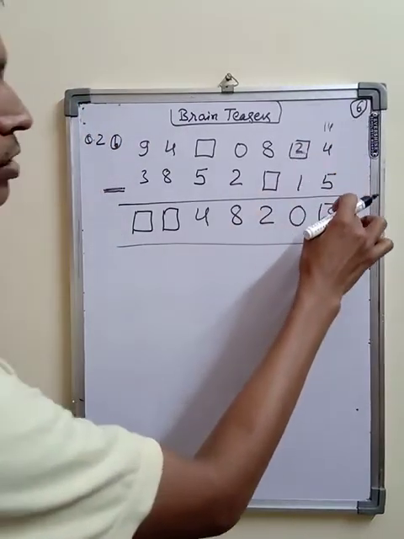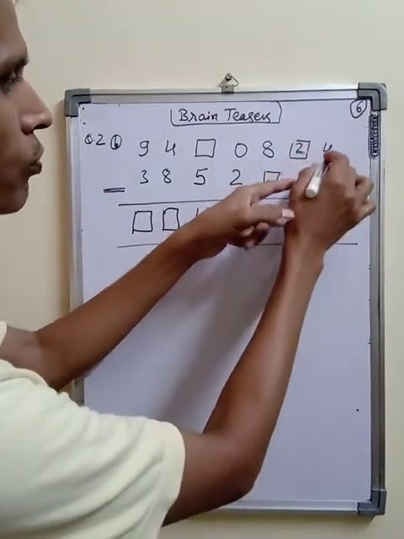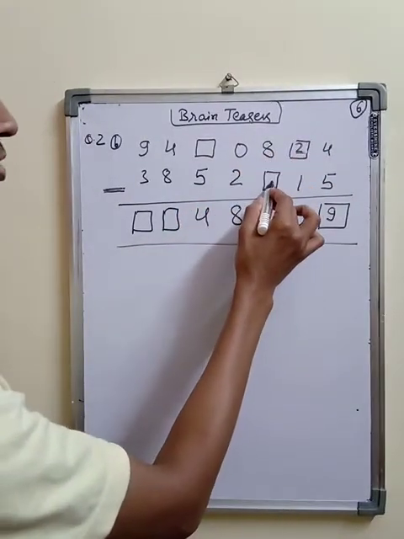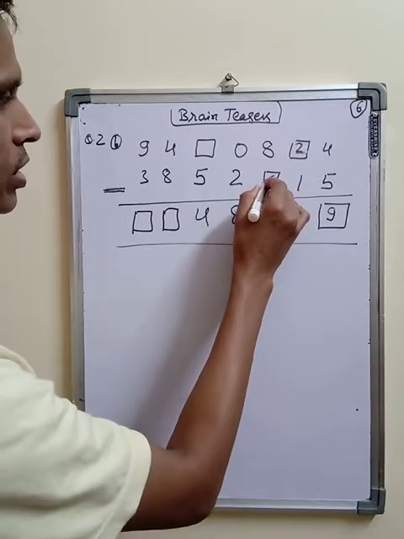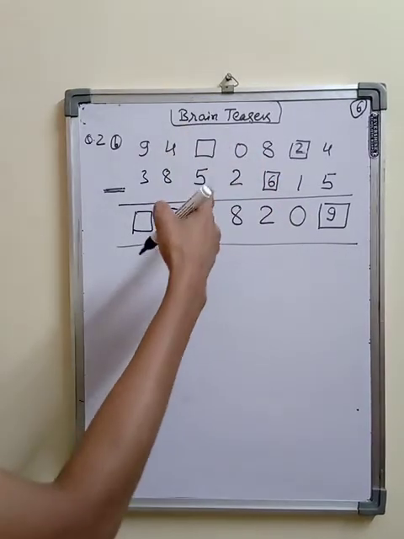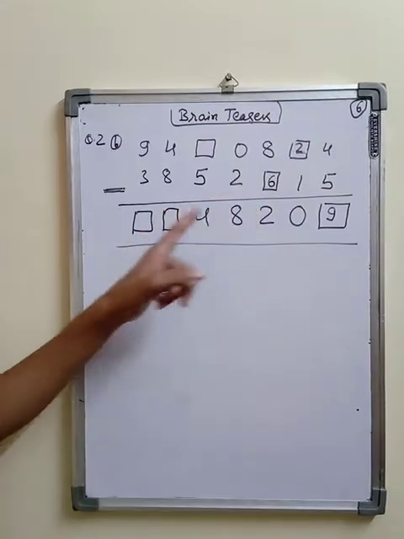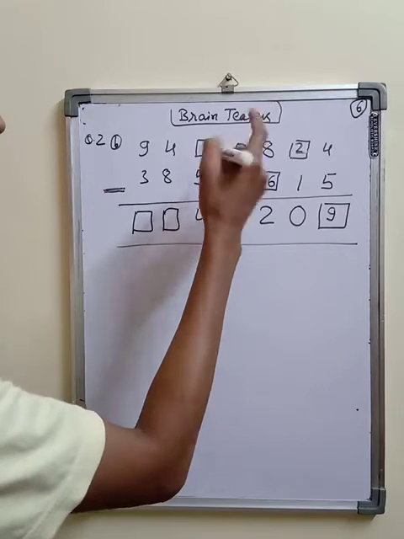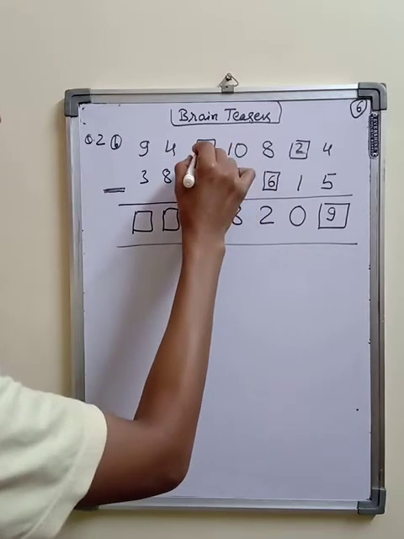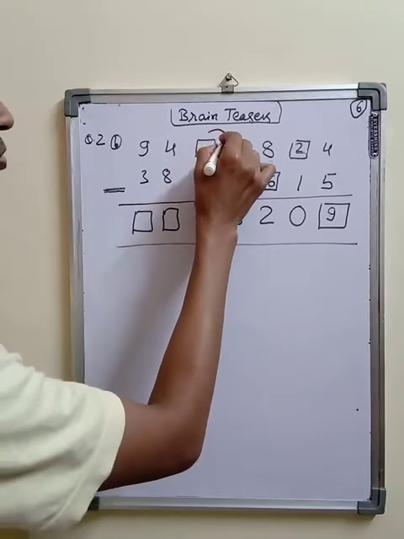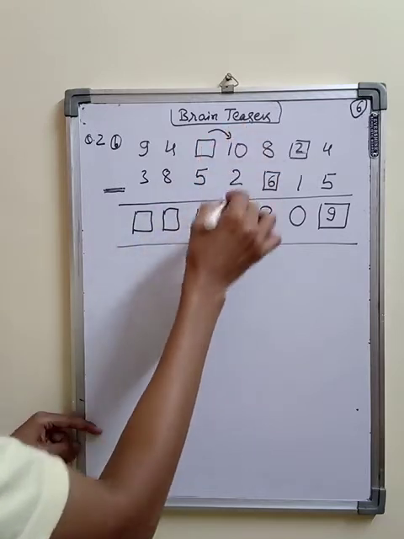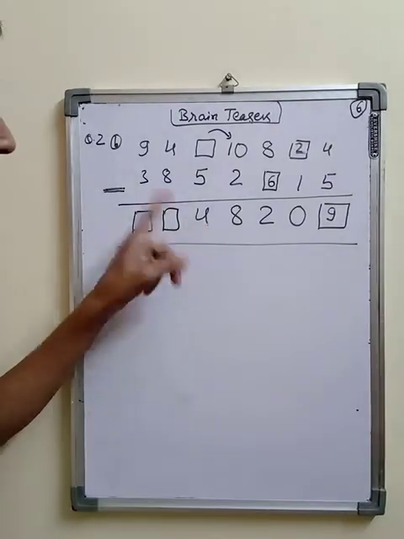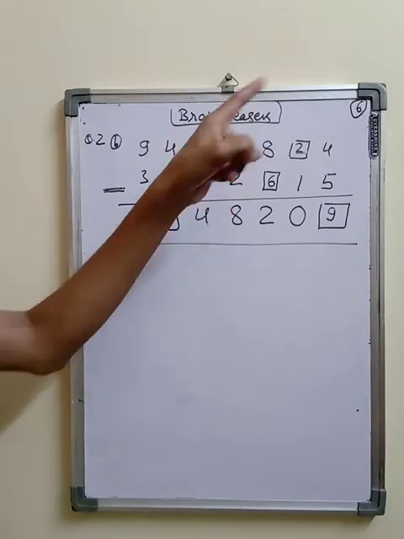This is 14 minus 5, 9, and 1 borrowed from here, so 1 left, 1 minus 1, 0. 8 minus what is equal to 2, so obviously here 6 will come, and here 0 minus 2 means this will become 8, we have to bring this, it means it will be 10. So this will become 10, means 1 borrowed from here, so 10 minus 2, this is already given. So here what will come? So that answer should be 4 and 1 borrowed also there.